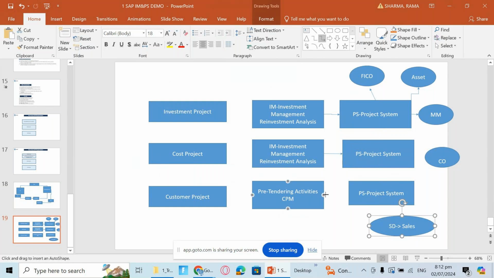So when we understand the complete solution, we know that IM is helping us, PS is there, CPM is also there, which helps in pre-tendering activities, and similarly PPM, portfolio and project management, also helps us manage the initial pre-tendering activities,